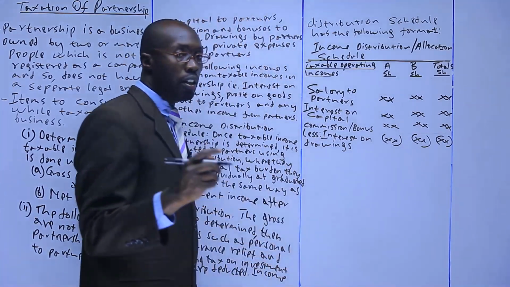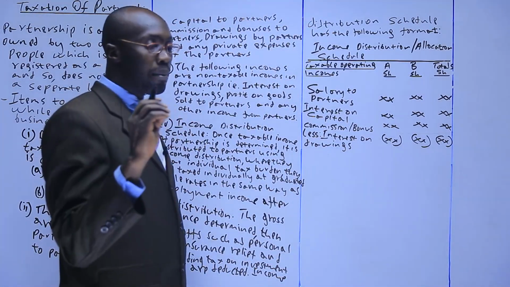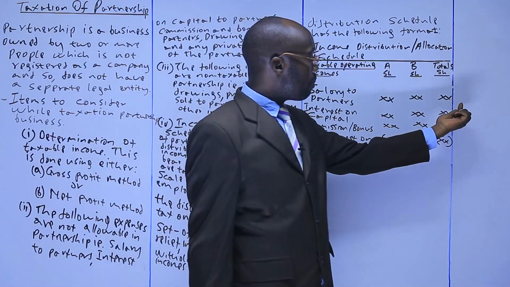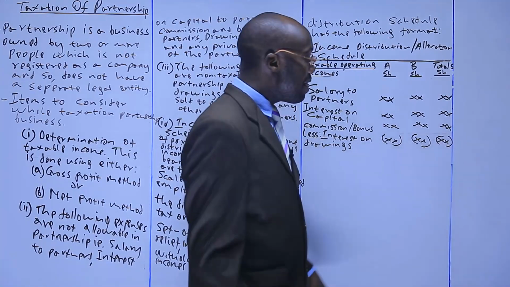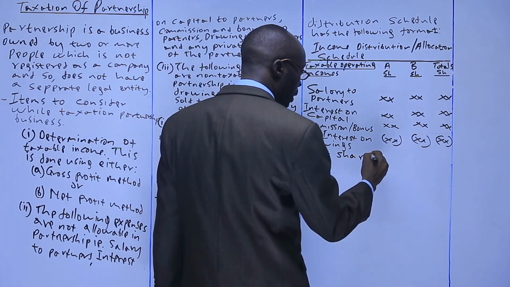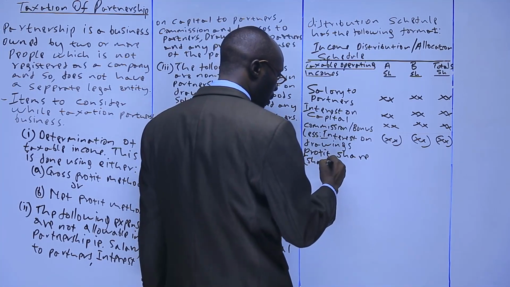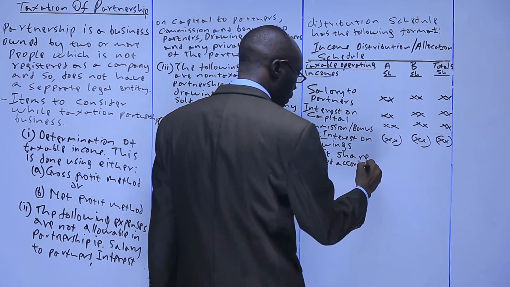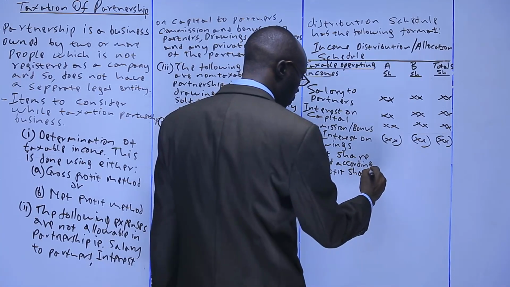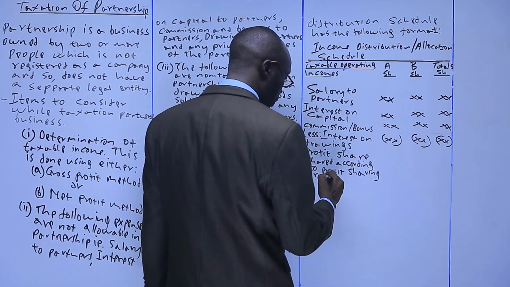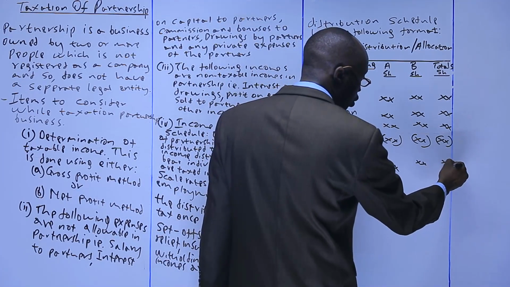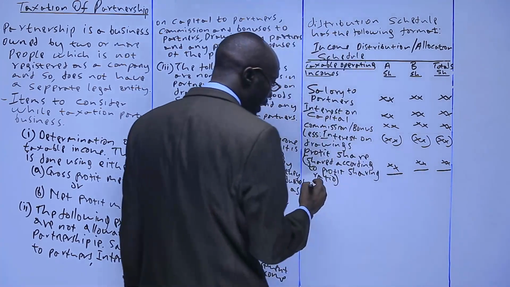Now, after you have distributed those ones, the taxable operating income you'd have determined, you minus what you have distributed, minus this, minus this, minus this, but this one you add. Then whatever remains you share according to the profit sharing ratio. We call it profit share, shared according to profit sharing ratio. So you come, how much is this? This total. And then after that, get the total